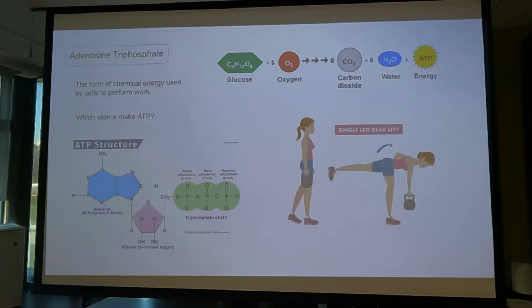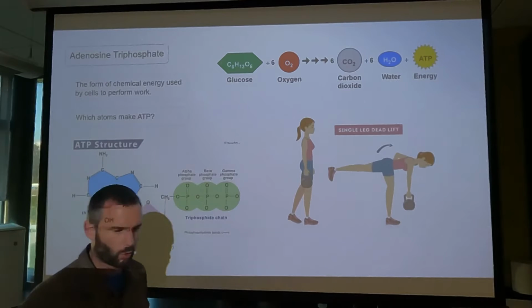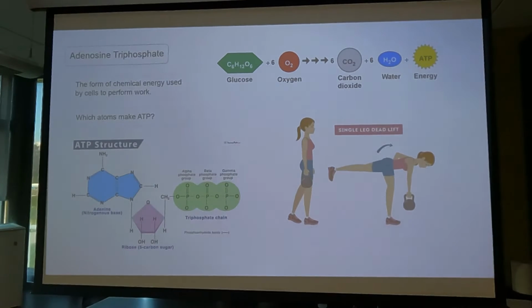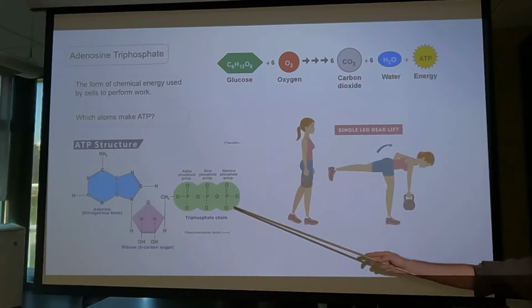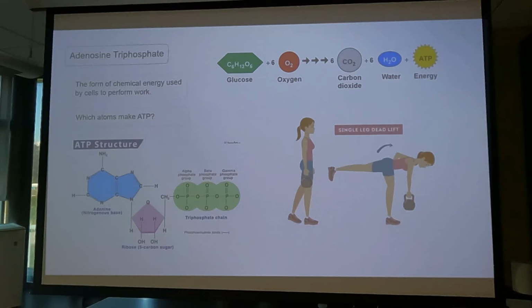Another important molecule in the body, adenosine triphosphate, or ATP. Why did I say that ATP was so important? We'll have plenty of time to talk about this throughout the quarter. But ATP is the chemical form that cells use for energy. A cell can't take a glucose molecule and do work by it. It's got to take that glucose, convert it to ATP, and then the cell uses ATP to do work.